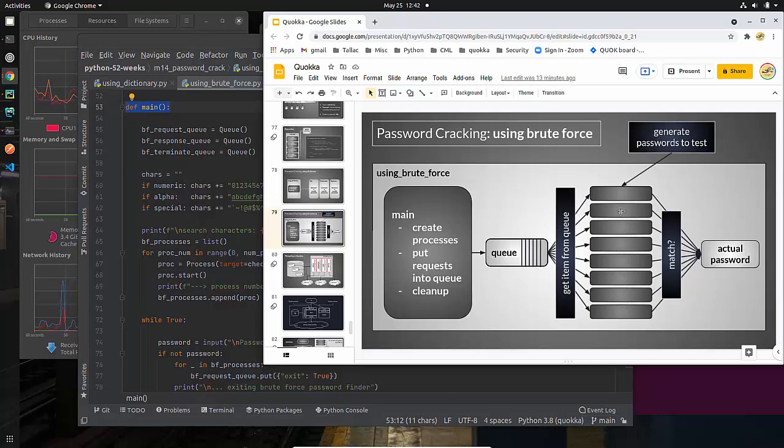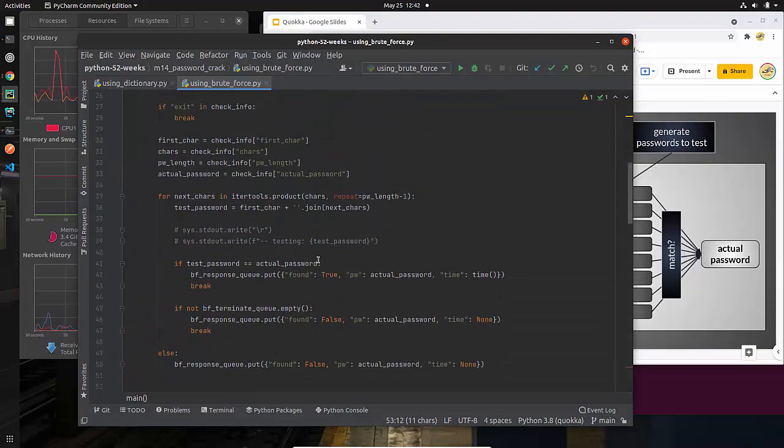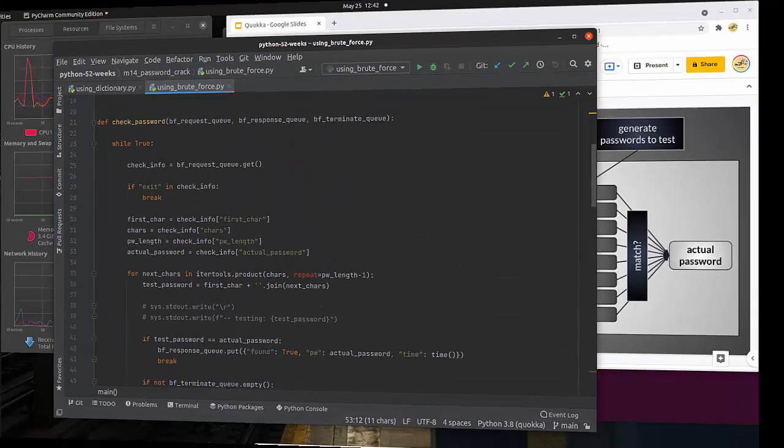We'll get into this a little bit later on about the way that this actually works and why we use processes and not threads, things of that nature. Basically that's what's going to happen. We're going to put a bunch of these requests onto the queue. These will get processed, and then we'll attempt to find the password. So that's the general overview. Let's begin to look at the code in a little bit more detail.